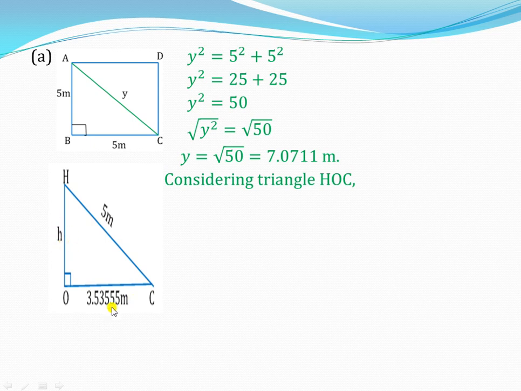So h squared plus 3.5355 squared will be equal to 5 squared. That will be my first step. Then after that, I simply square these constants. I'll get